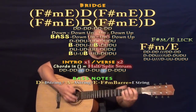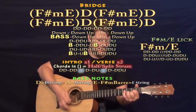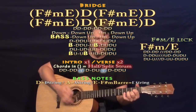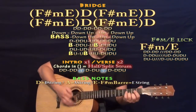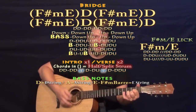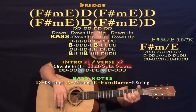Minor, E, D, or split the pattern. F sharp minor, E, D, F sharp minor, E, D. Or if you're taking on the other 16th pattern, I think this is playing against it a hair, but